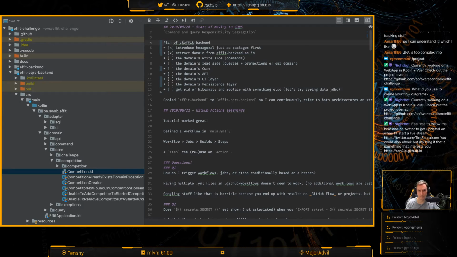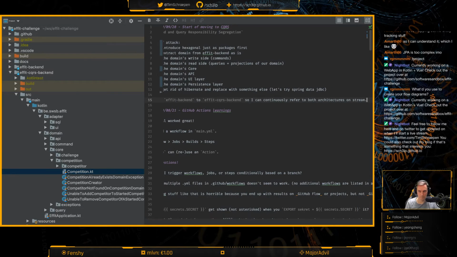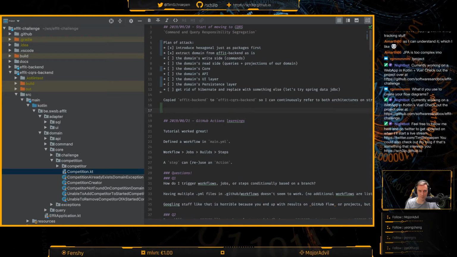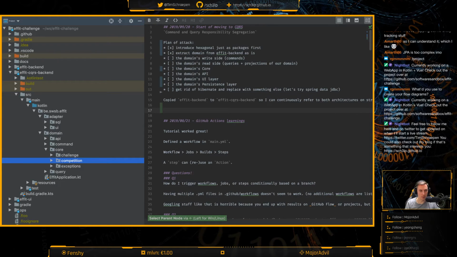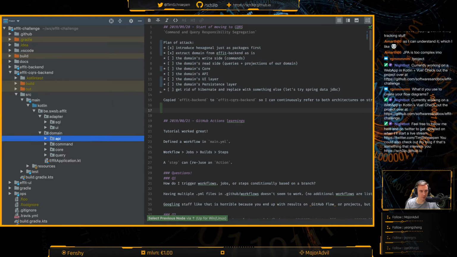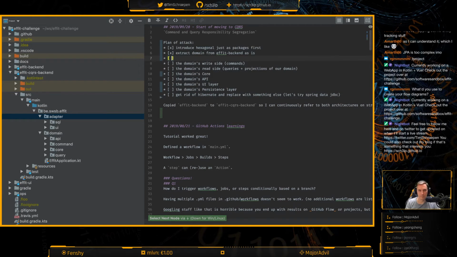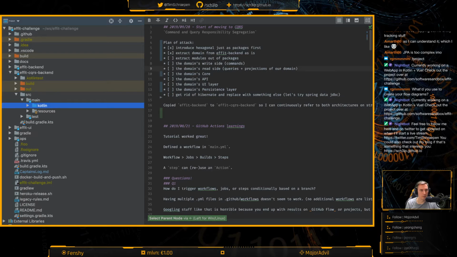Plan of attack. All right. What's up next? I think now we should introduce modules, I think. And that is going to lead me to create this API, in fact. So let's split these things up into modules. Extract modules out of packages. Okay. Then that means